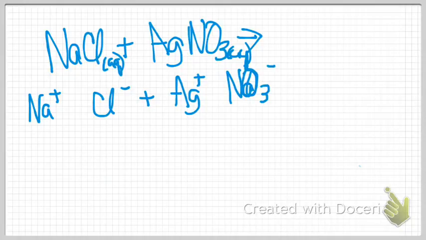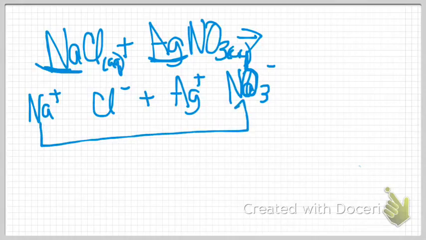Now, what happens is that this positive cation and this positive cation will trade places. They will trade places. So this goes with the nitrate here. And then this one, let me change colors, will